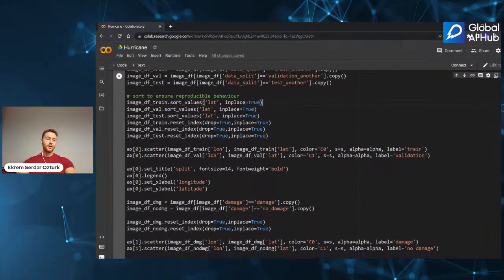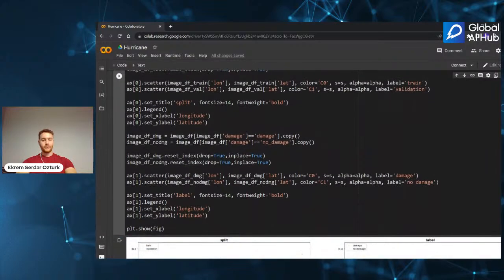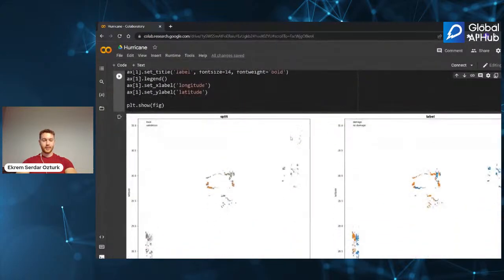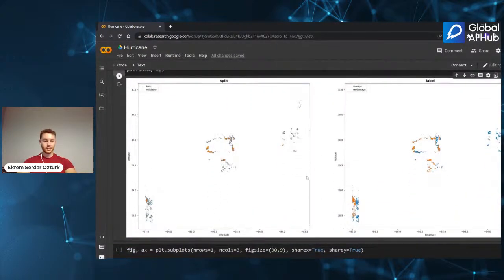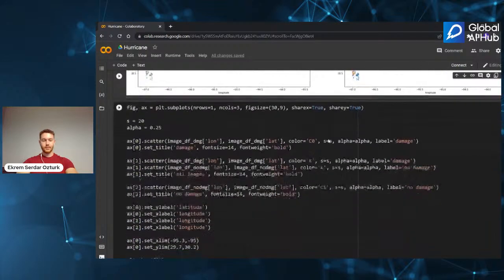Then we scatter the longitudes and latitudes of these images. As you can see, we plotted them to show where the images are taken from. You can think of this as a map. If you put this on a map, it still shows where the images were taken.